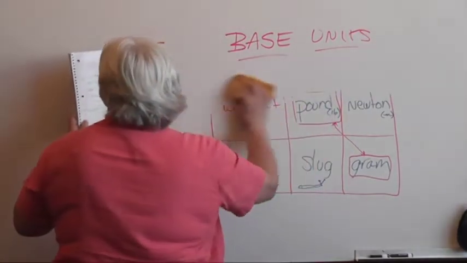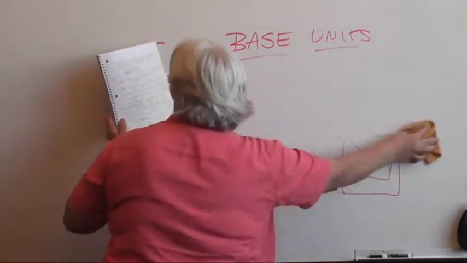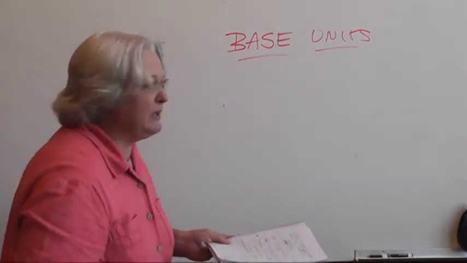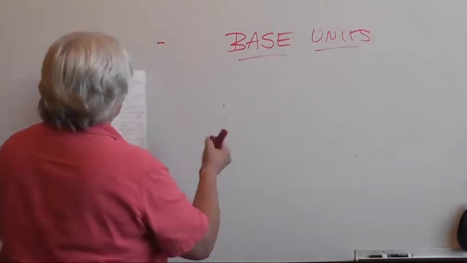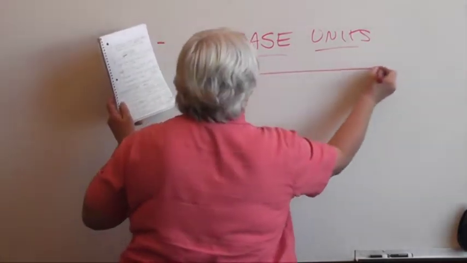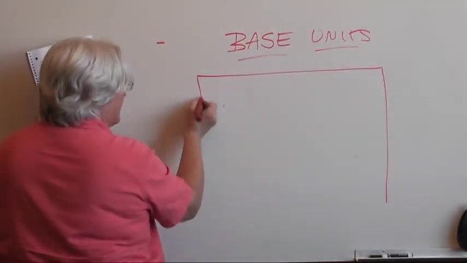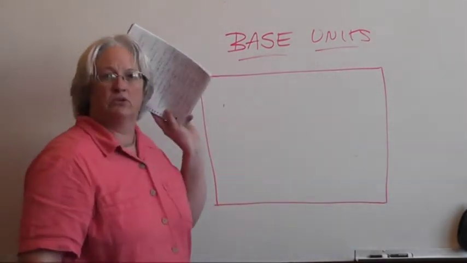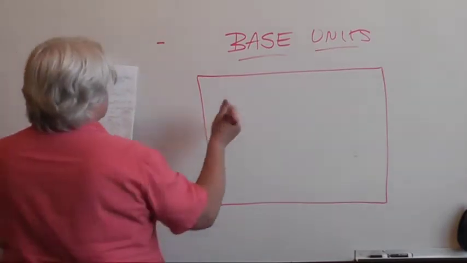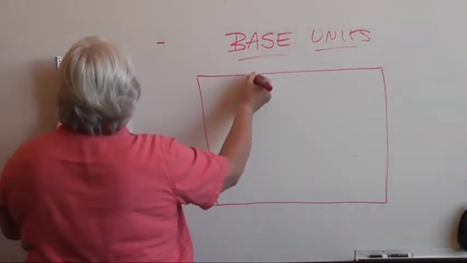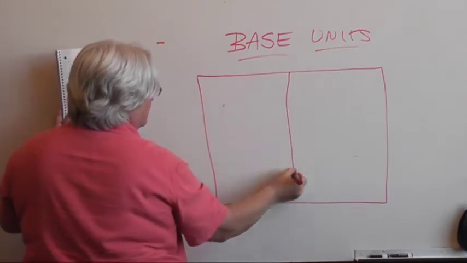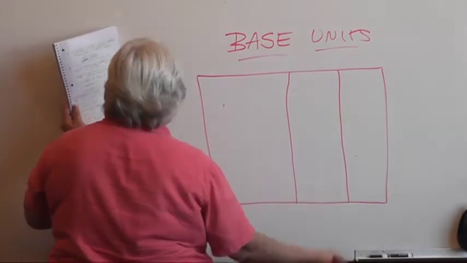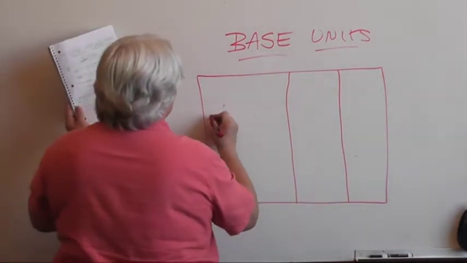I told you that you were going to have to know the units of measure for distance, volume, and time. So that's what we've got here. So draw yourself this nice chart, and then you won't have to create your own chart, but you can if you want to, if you don't like the way I do mine. Of course, make your chart look neater than mine. So we're going to divide it into 3 areas. We're going to have the one on the left be a little bit larger. Well, be a lot larger than the ones on the right. Then we're going to split it in thirds,